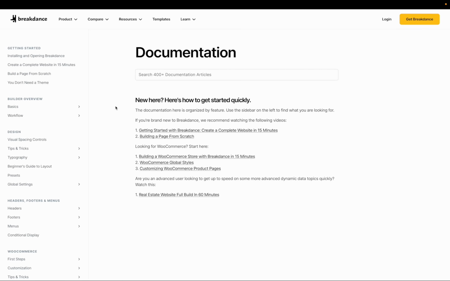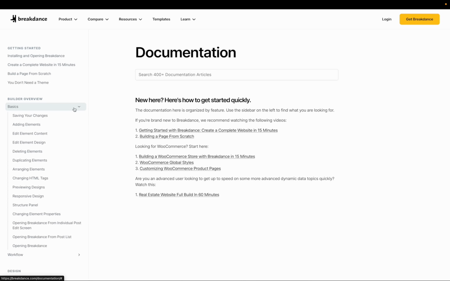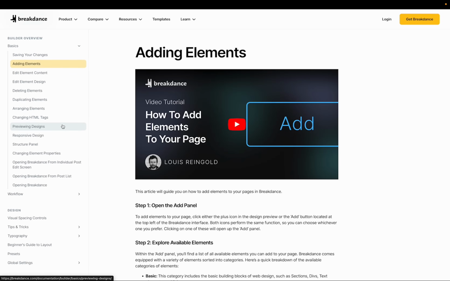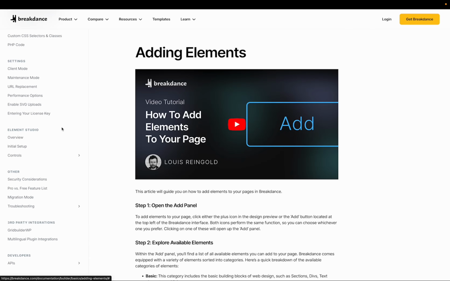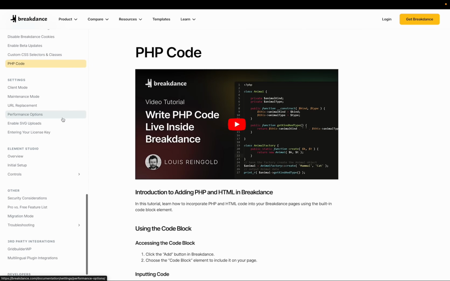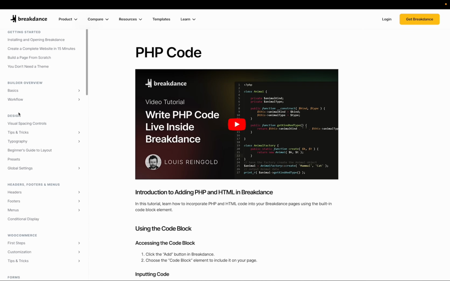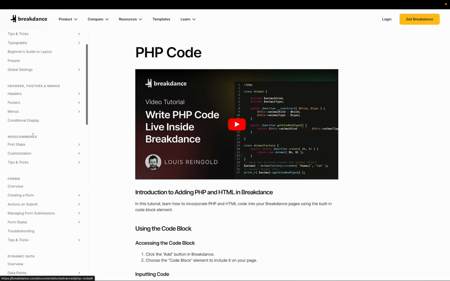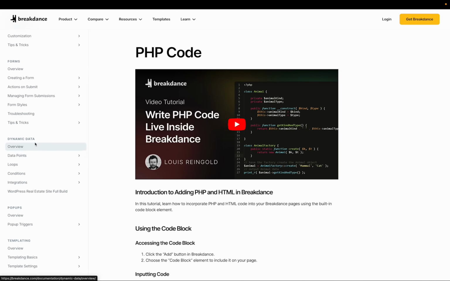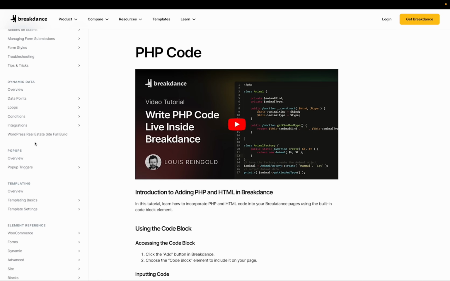We now have over 400 written documentation articles for Breakdance. You can find these by going to breakdance.com/documentation. We have documentation for everything as simple as installing Breakdance, builder basics such as adding elements to your page, all the way up to very advanced topics. For example, writing PHP code. The documentation is detailed and well organized. You'll find various categories such as design, headers, footers, and menus, WooCommerce, forms, dynamic data, and every other aspect of